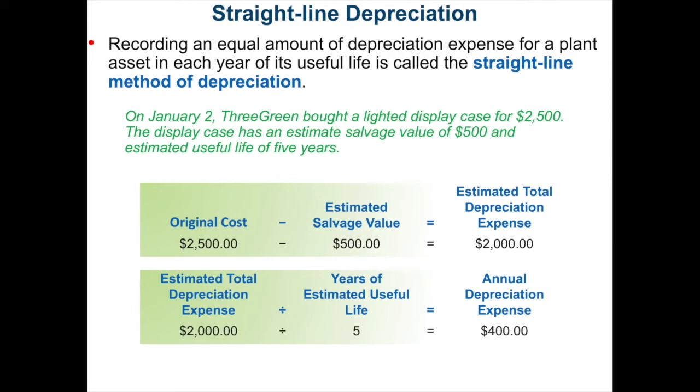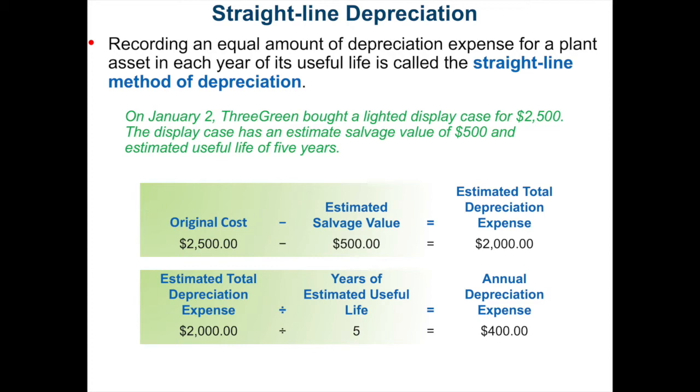Then you take your estimated total depreciation expense from the previous line, the $2,000, divided by the useful life. We figured we're going to have it for 5 years. It's going to be useful to us for 5 years. And we're going to come up with $400 of depreciation. So our lighted display case that we originally bought for $2,500 is going to go down in value every year